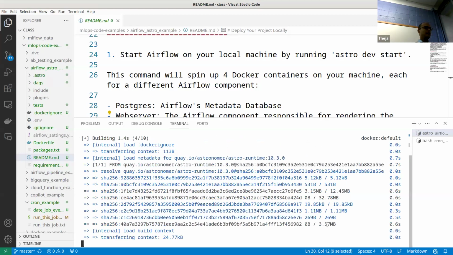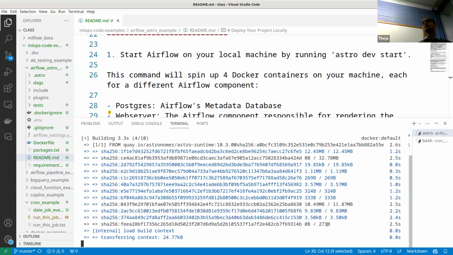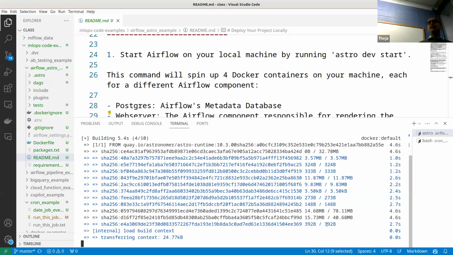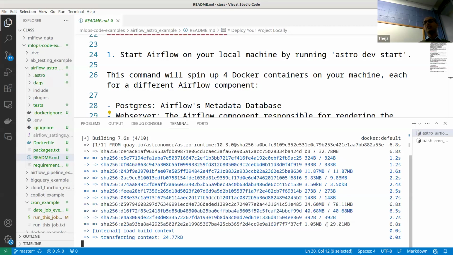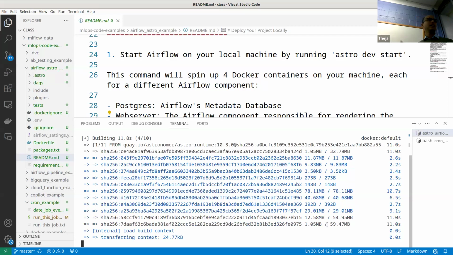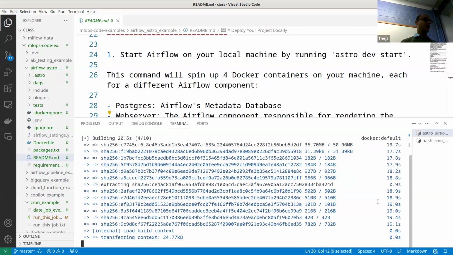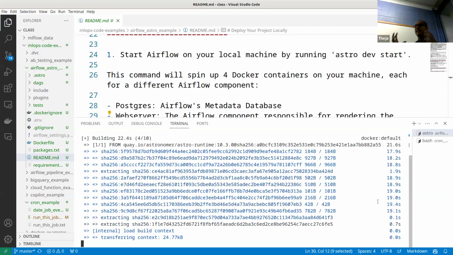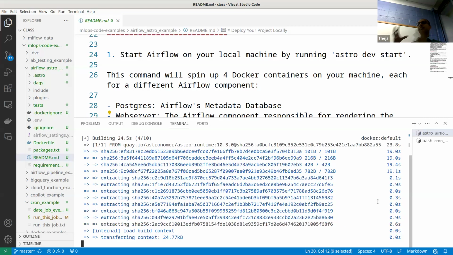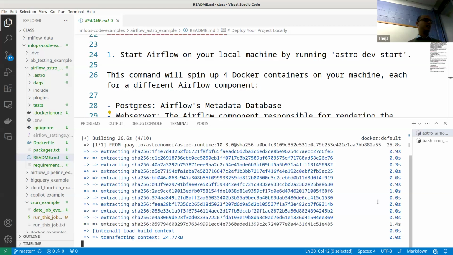We have seen this before: if there is no container image locally, then it goes to a remote registry like Docker Hub or some other place, and downloads the image. You can see all the download that's happening. Once the image is downloaded, then Docker, the service, lets you create a container of it. And that's what we are going to look at. So this might take a few minutes.